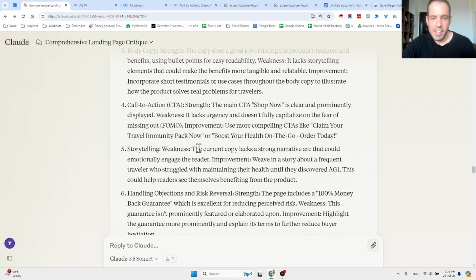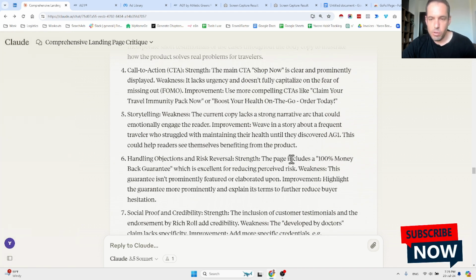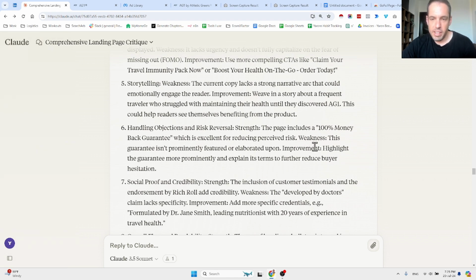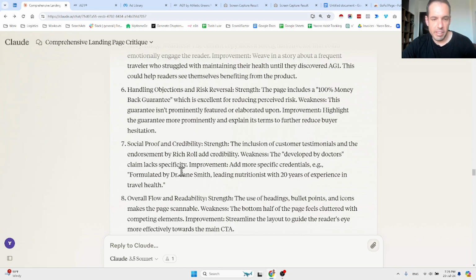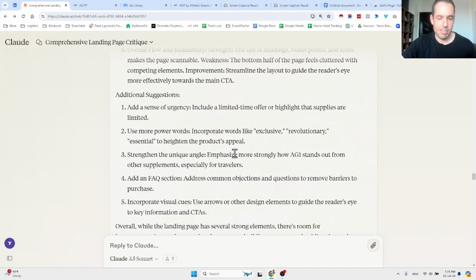Now storytelling: the current copy lacks a strong narrative arc that could emotionally engage the reader. And handling objections: the page includes a money back guarantee, which is excellent. Weakness: this guarantee isn't prominently featured or elaborated upon. Improvement: highlight the guarantee more prominently. Social proof: the inclusion of customer testimonials and endorsement adds credibility. The "developed by doctors" claim lacks specificity. Improvement: add more specific credentials. Okay, so we now got feedback